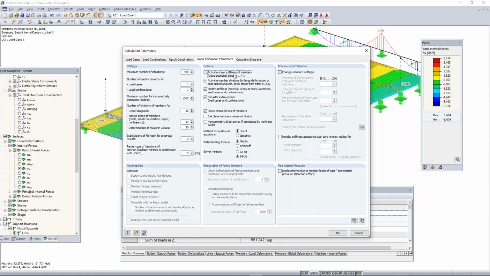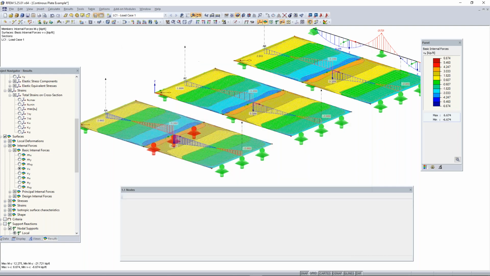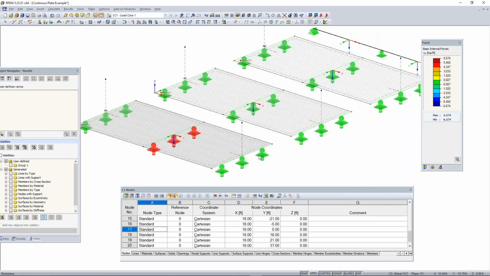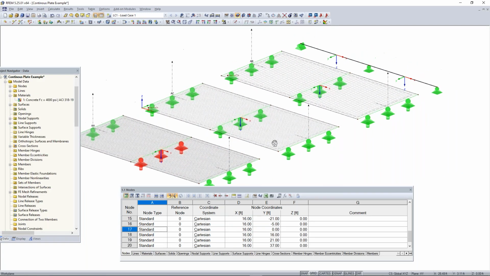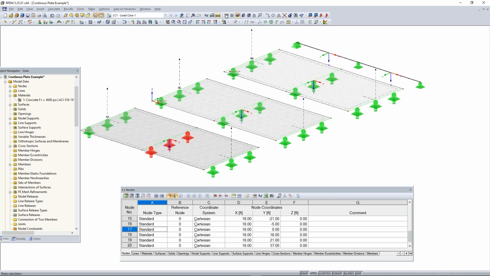So we want to turn this off because this is important to turn off if you're trying to compare hand calculations to RFEM. So RFEM is always running calculations with the shear stiffness of members considered. And once this is done, you will have to recalculate. So if I hit OK, the program's going to ask me to recalculate. And then you will see that our results will change a little bit. So if I hit calculate all,